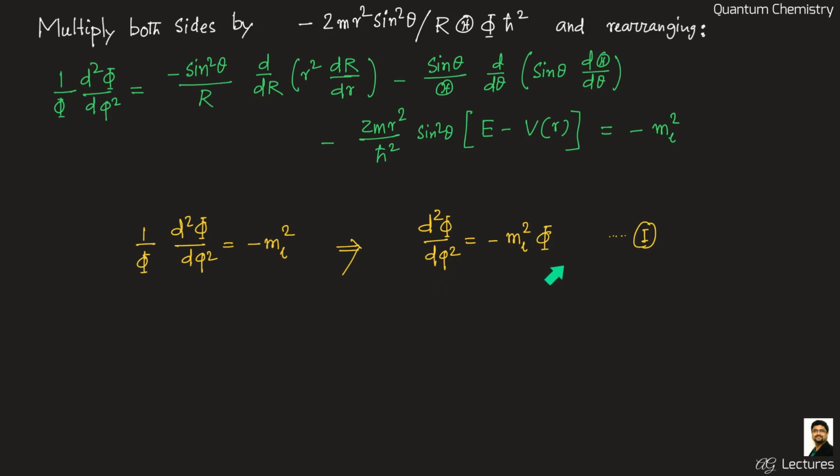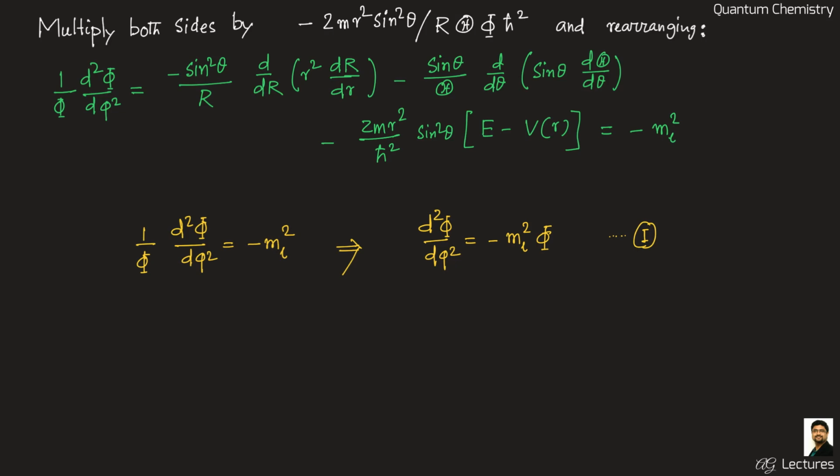This is the equation that we will have to solve for getting the phi part of the solution out. But now we can use the right hand side as well, which is also equated to the same constant, minus ml square, and we can do a little bit of rearranging, and we can get from the right hand side being equal to minus ml square